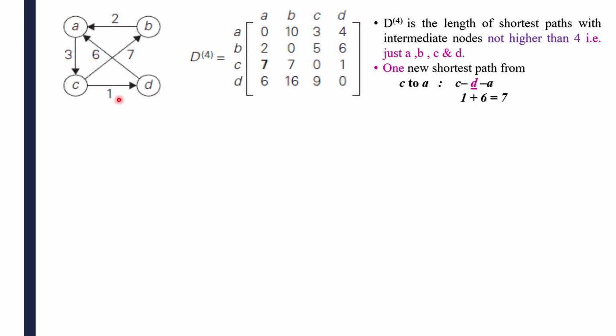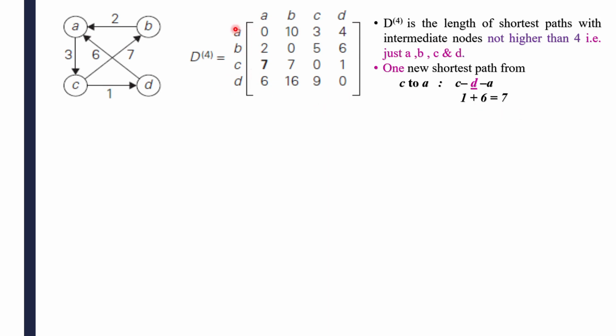So in this case, for any source to destination, if you have multiple paths, in that situation you have to select which one is shortest. Among these two paths, which one is shortest? 7 or 9, 6 plus 1 is 7. 7 is the minimum. So that's why I'll take D as an intermediate node, and with its help I got a new path from C to A, that is 7 here. In this way, you may get more than one path for one source to another destination. In that situation, among those paths, whichever is minimum, you have to select.